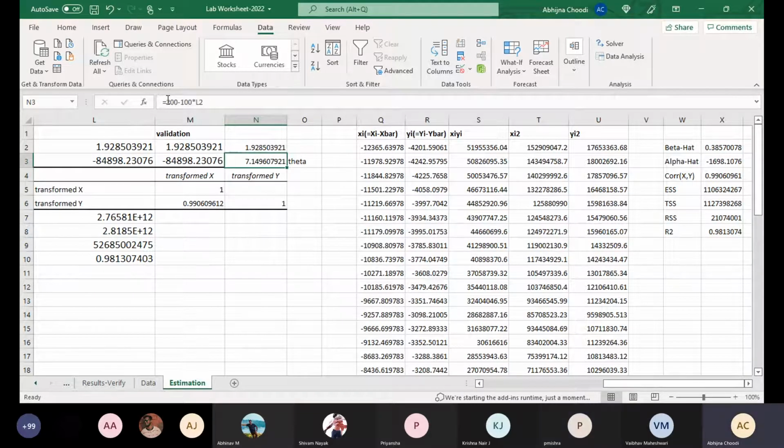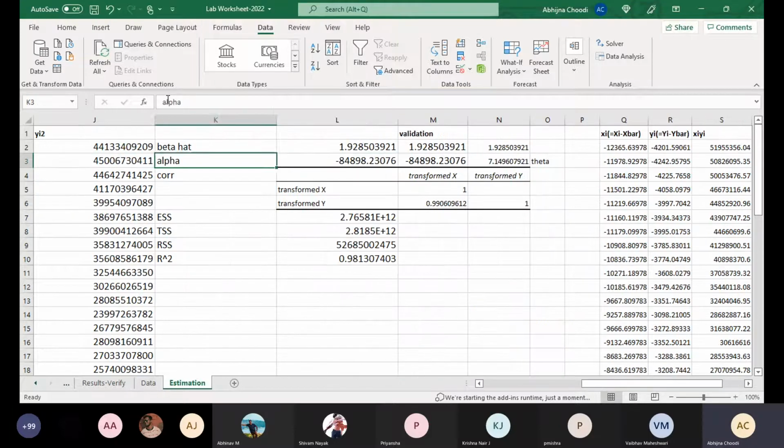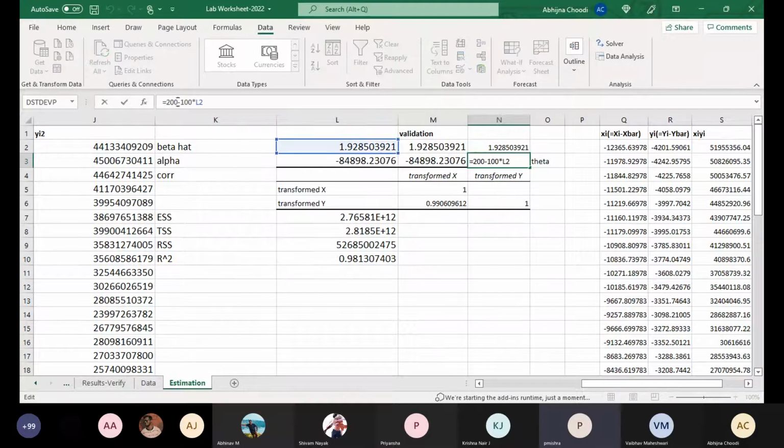I did this similarly for alpha. I found theta first, which is c minus a into d by b, that you have computed. But again, later on, I would suggest you write down the values in detail, just for your future reference, nothing more than that. Yes, sir, I'll do that. Right next to theta, what about R square?